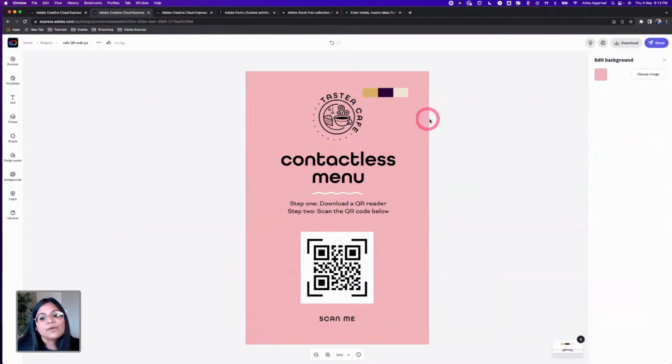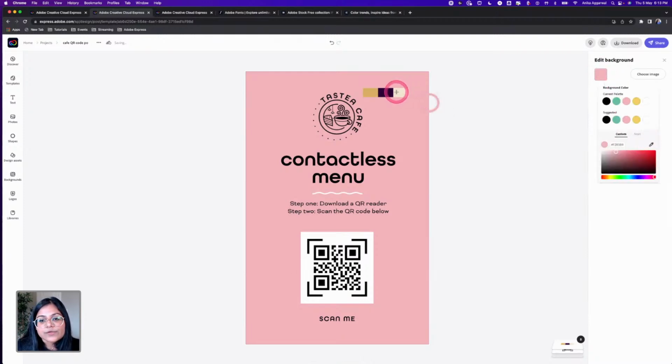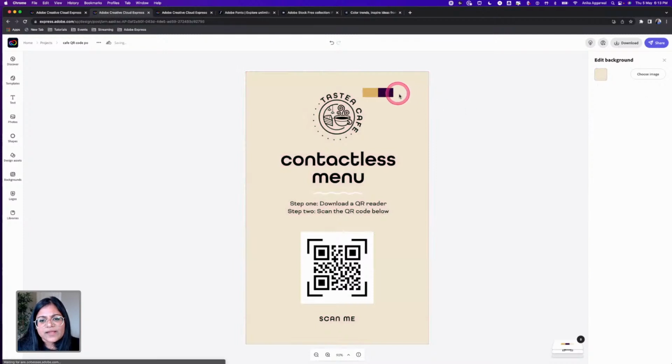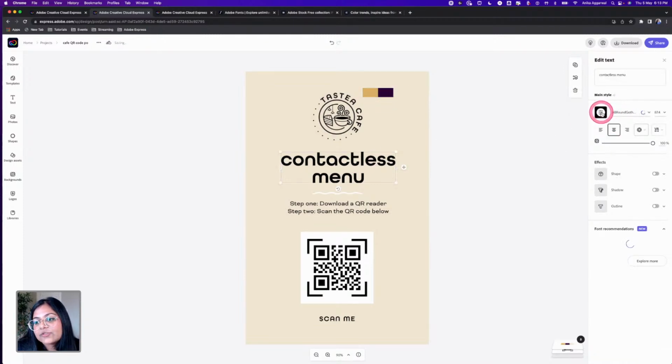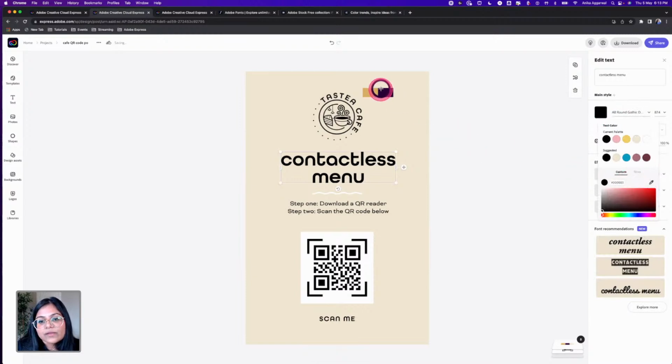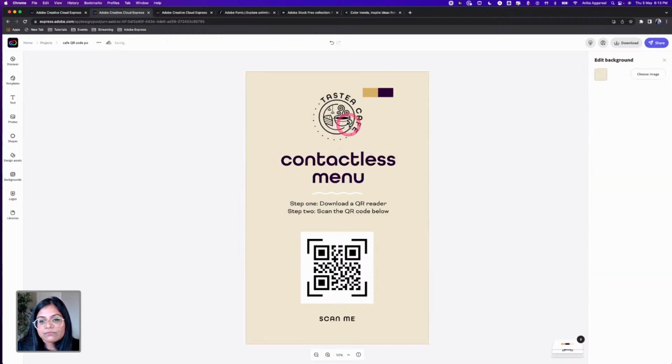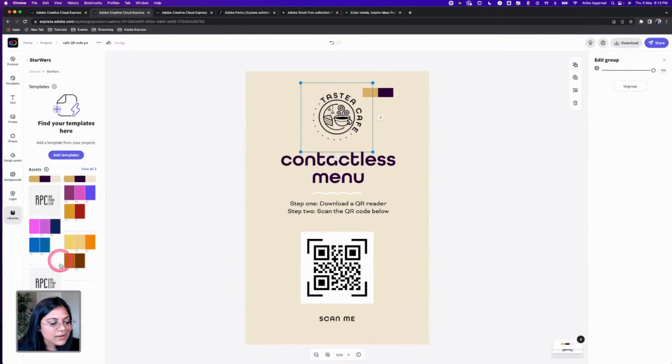Again, you just click anywhere on the background and the panel on the right will show up. And here you can change the colors of the design as well. I feel like the lighter background will be a great contrast for the text that you have overlaid on top. So I'm going to keep that. And then I can change the black color again with the purple. And then I'm going to go to my libraries and go ahead and click on the logo that we